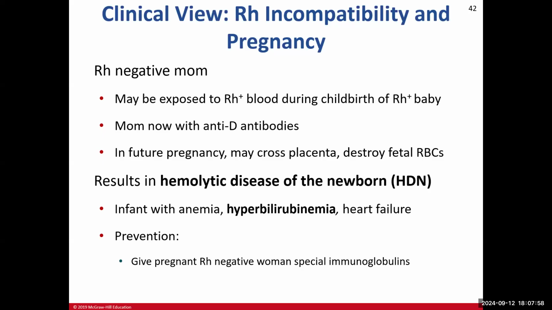Our clinical view is about RH incompatibility and pregnancy. So here's the scenario that we're looking at. All right, so you have the mom, she's RH negative. And if we go back a couple slides here, if this thing will ever work,